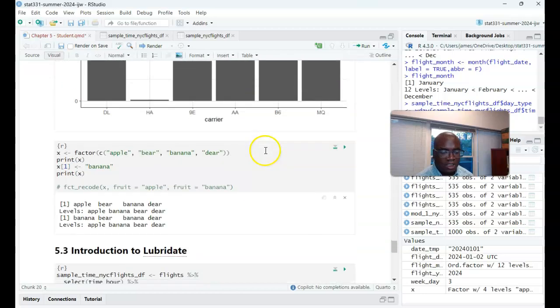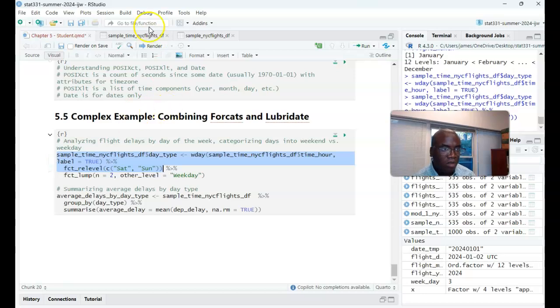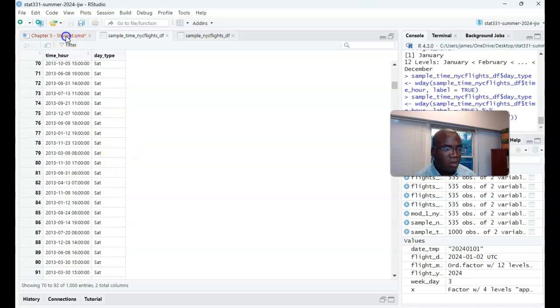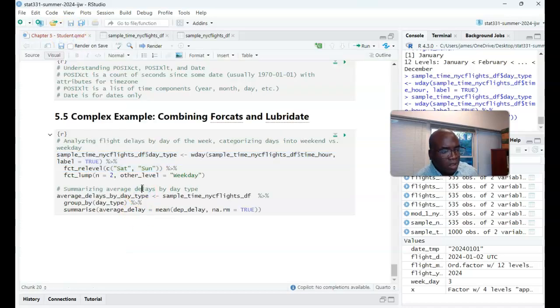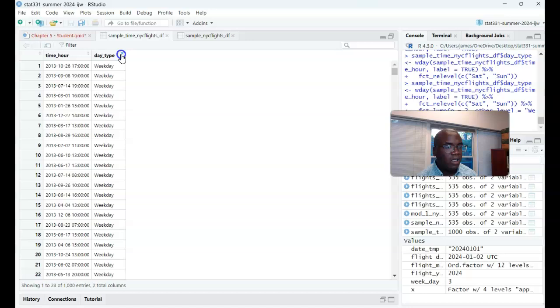Well, relevel allows us to essentially create a new or aggregate the levels together. So when I run this now, it's considering Saturday and Sunday, and then finally when I run this again, I'm getting